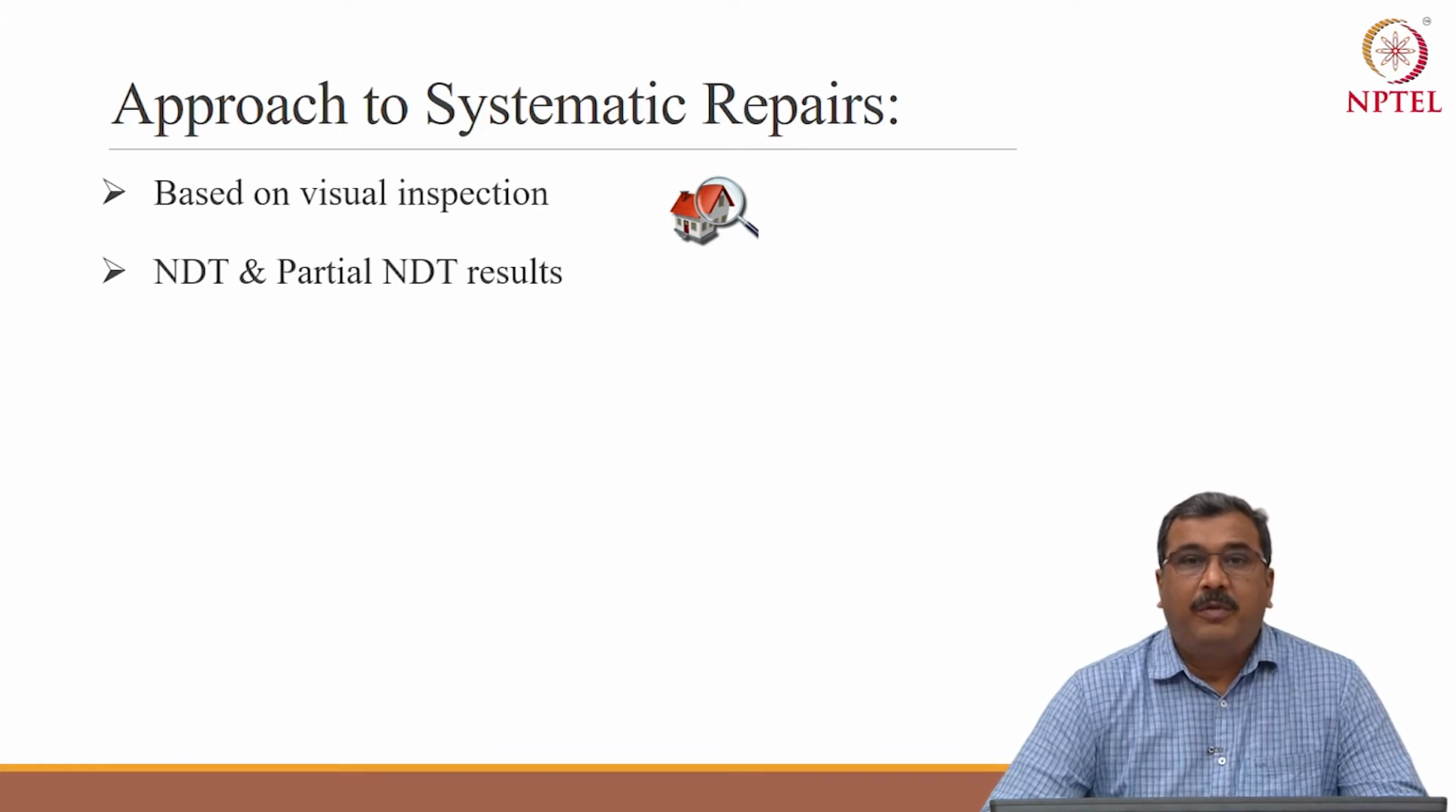If based on your visual inspection, it is required to carry out corrosion survey because you found that visually, apparently, it is a problem because of corrosion of rebar, then you need to carry out chemical analysis of the concrete, half cell potential, corrosion resistivity of the concrete,